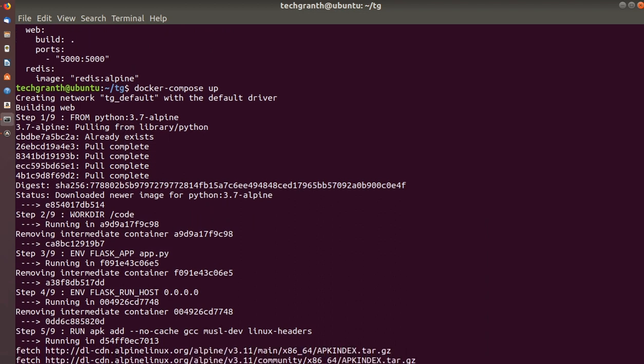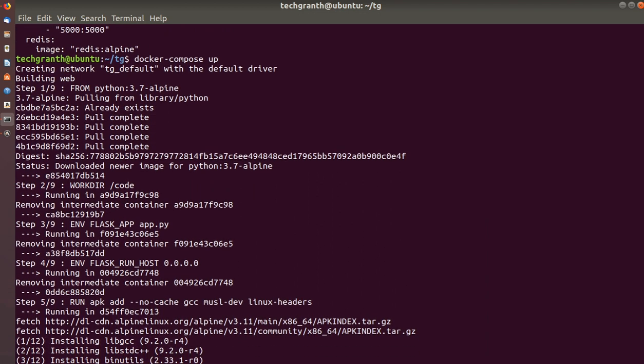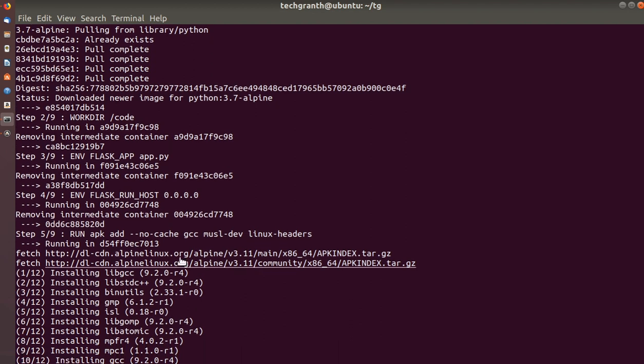It is using our Dockerfile first, and from there it is now installing those packages mentioned in it, right? GCC, musl-dev, and Linux headers.